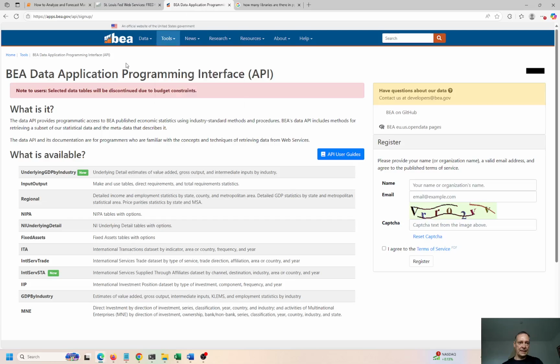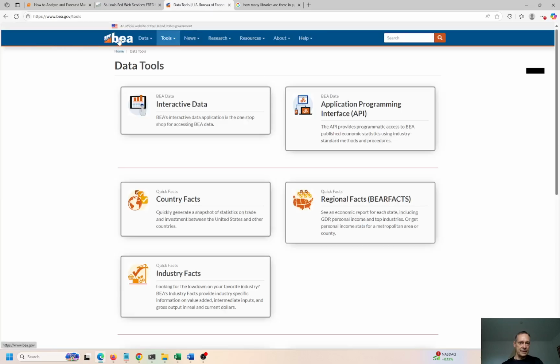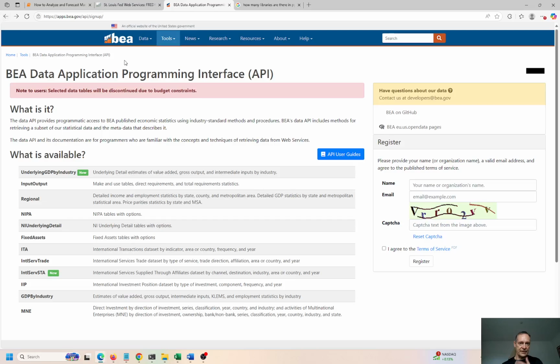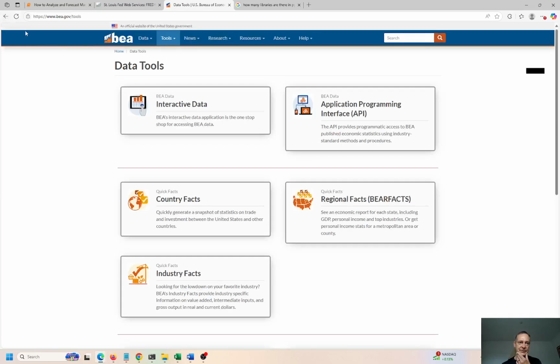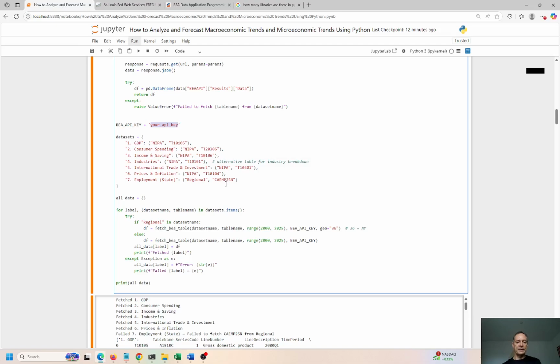This is called BEA. Okay, and what the heck is this? Business Bureau of Economic Analysis or something. I forgot. Bureau of Economic Analysis. Okay, so the API data is here. You sign up to get a free account. It takes about 60 seconds. So from here, we're going to get GDP, consumer spending, income and savings, all the industries that exist in the United States, international trade and investment, prices and inflation, and then employment by state. Okay, so this is going to give us,